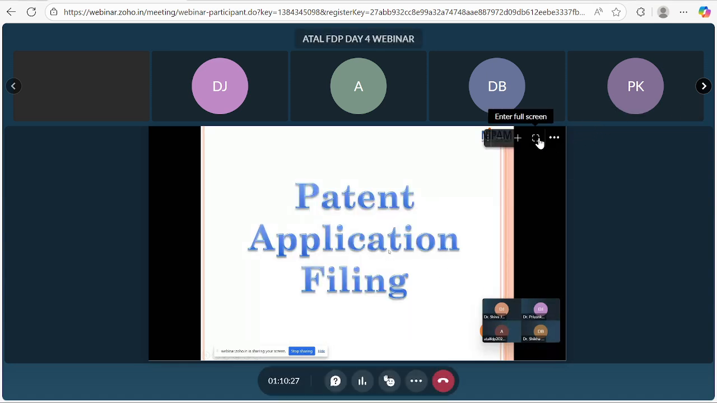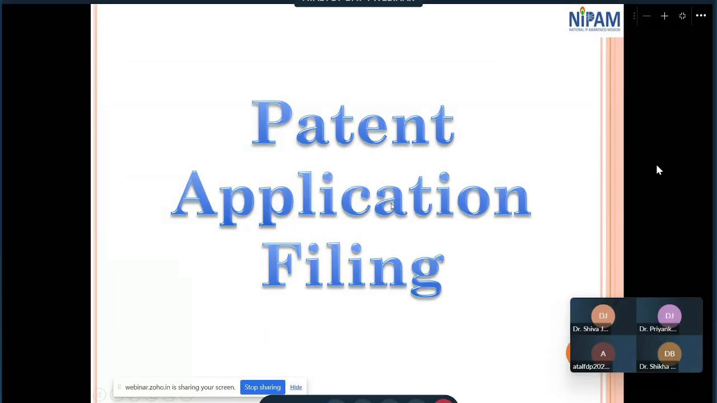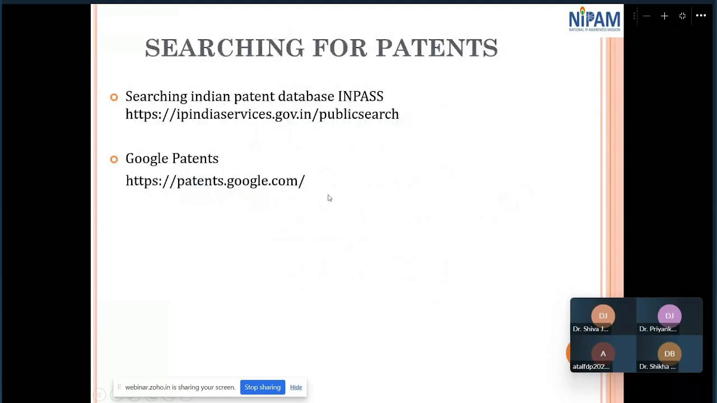Now, patent application filing. There are some forms and fees and timelines. Firstly, if you want to file a patent, and if you want to make a utility patent, firstly we have to search in the Indian patent database, INPASS. This is one of the authorized Indian government sites, ipindiaservices.gov.in. There is the public search option, and in the public search we can easily search the patent through